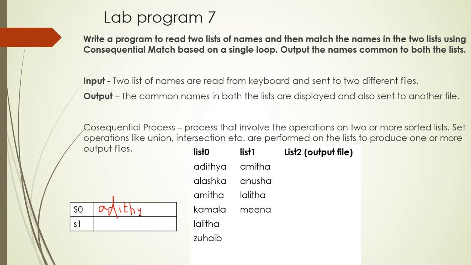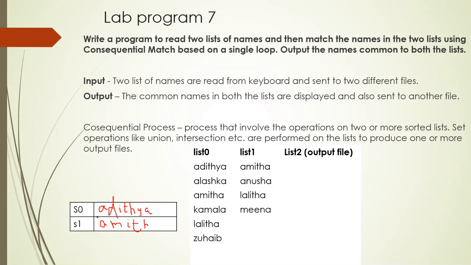So Aditya is stored in the first string, and the second string content is the second file content. So these are the contents of the two files. I read the first line of the first file and the first line of the second file into S1. So here it is Amita, AMI. So you can observe here, when there are two names, I use the string compare function to match the content